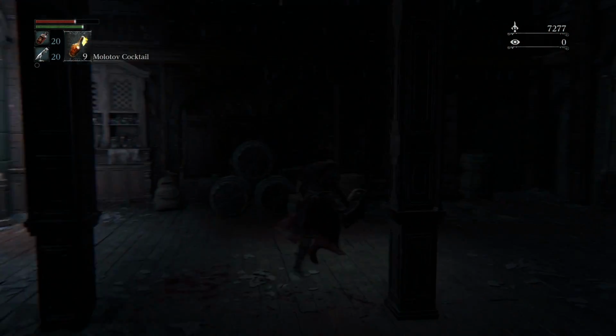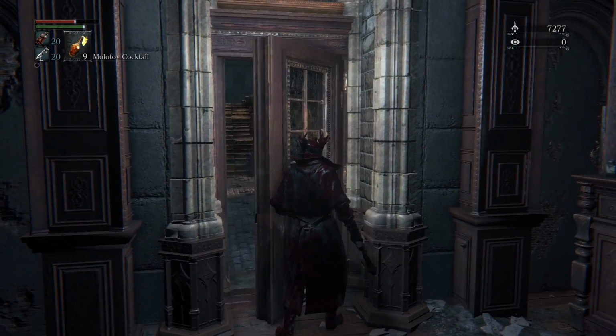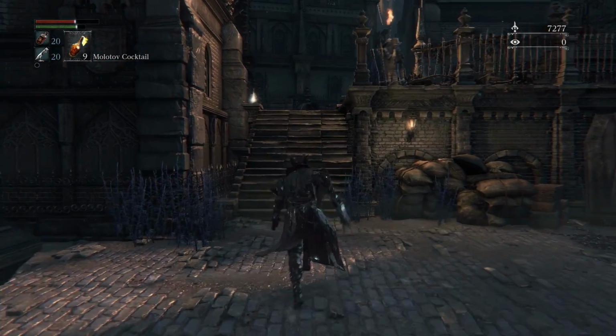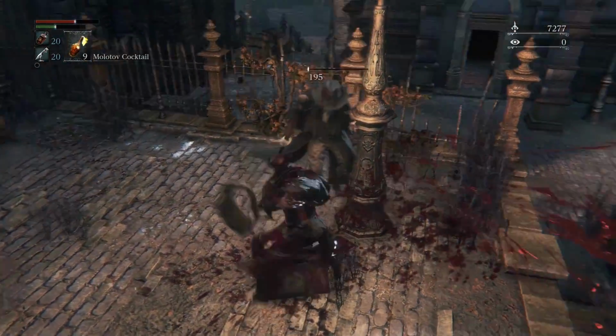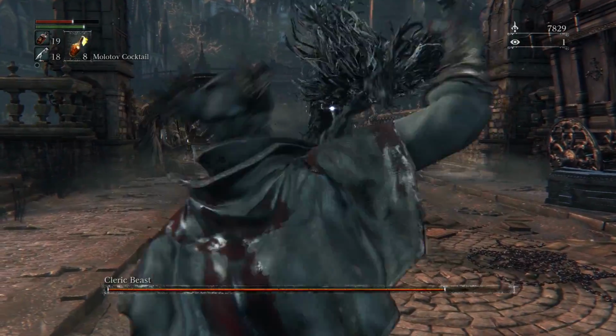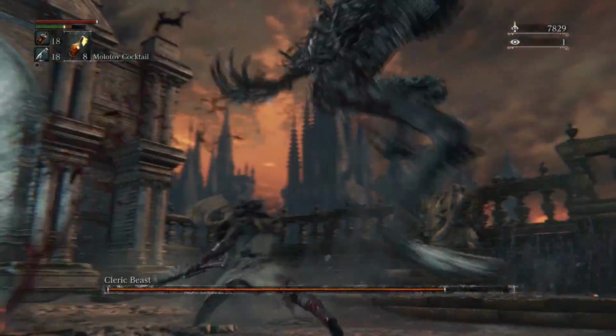So we have both the geography of the level as well as the narrative potentially influencing us toward the Cleric Beast, but never requiring us to fight it. To me, this begs the question, why might From Software want us to fight the Cleric Beast first? I think the answer lies in what you can learn from these two boss fights, specifically the strategies they incentivize